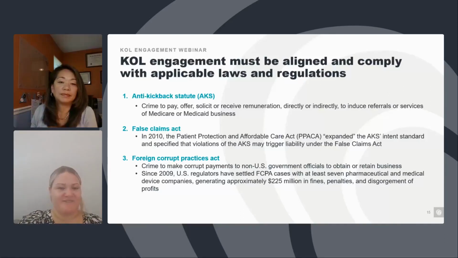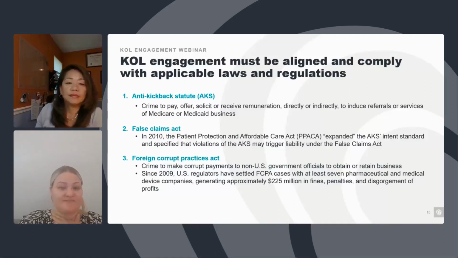So if you have a violation of AKS, then you are automatically violating the FCA as well. And then, of course, the Foreign Corrupt Practices Act makes it a crime to make corrupt payments to non-U.S. government officials to obtain or retain business. This is really important if you are a U.S. company